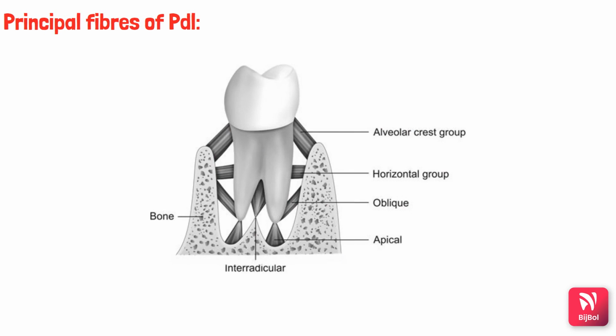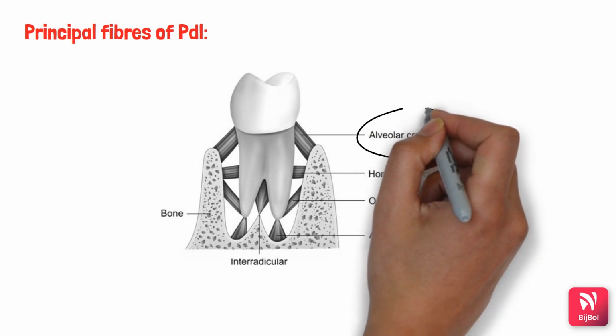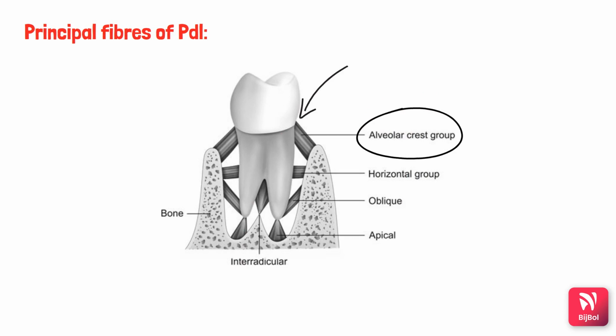So this is a picture showing all the groups of fibers in the periodontal ligament. Firstly we will see about the alveolar crest group, which is formed first. These alveolar crest fibers extend from the cementum, that is below the cemento-enamel junction. The origin is below the cemento-enamel junction,